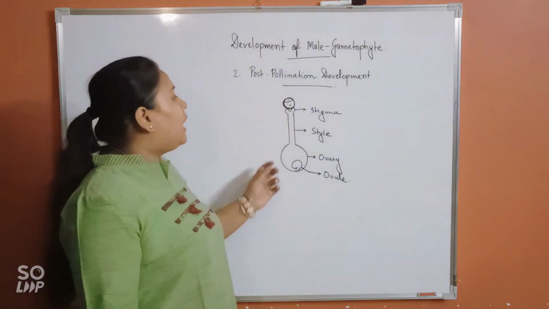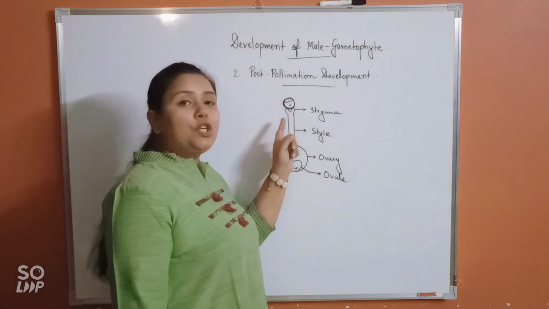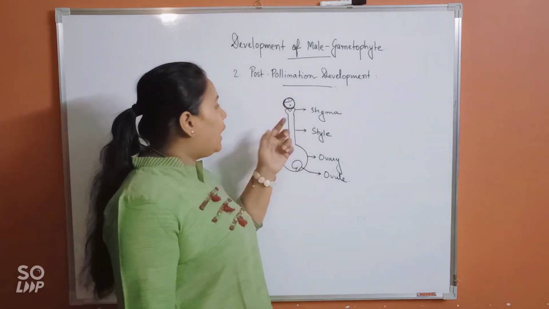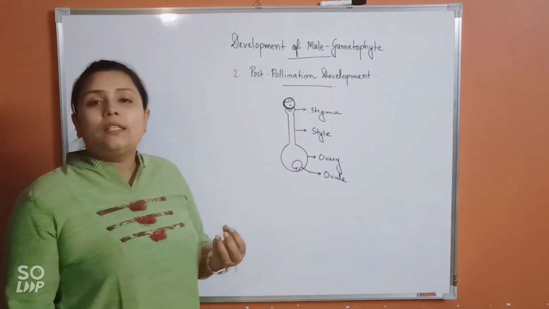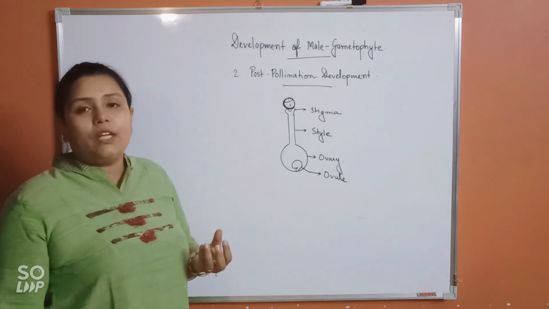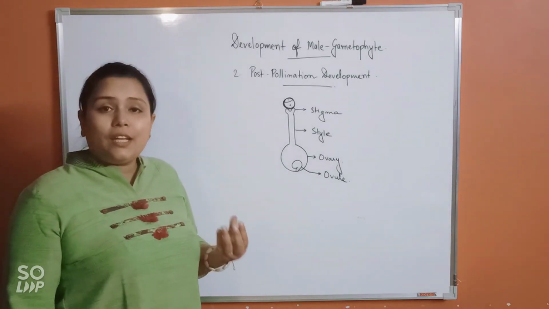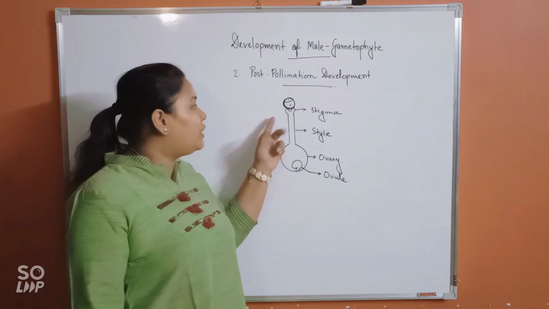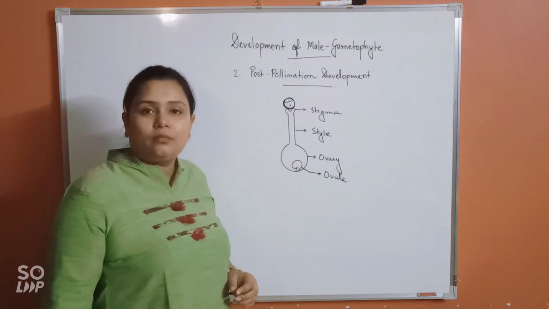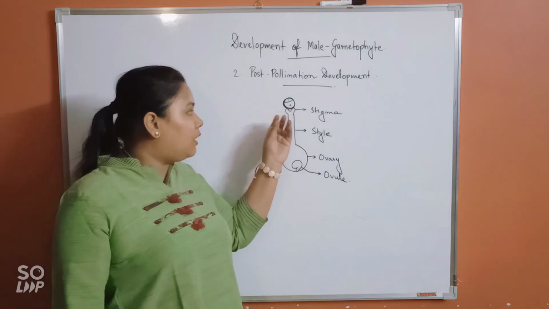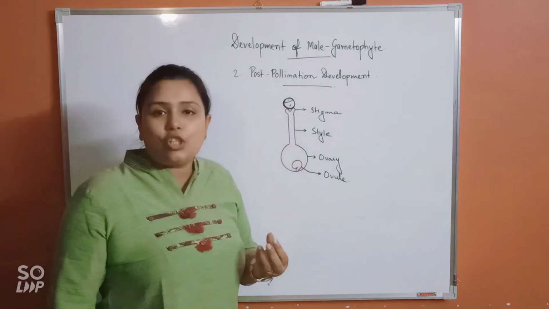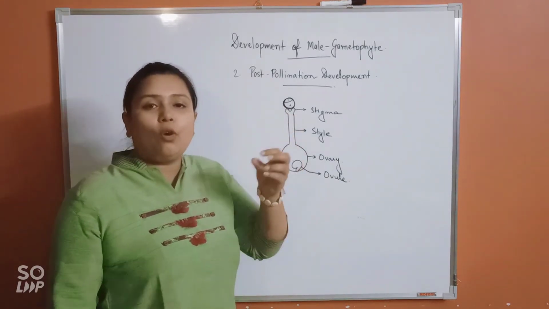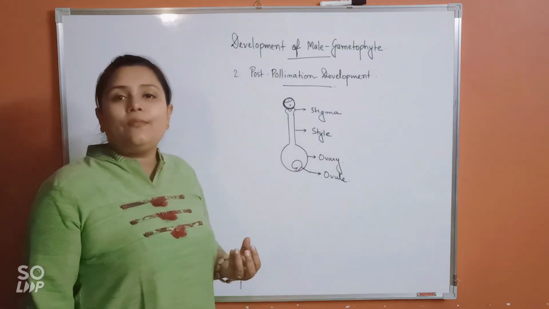So now, at first, with the help of the germ pore, the pollen grain will start absorbing certain kinds of nutrients or secretions that are present at the stigma. And by doing so, the vegetative cell will swell up. It will absorb certain nutrition from the stigma as soon as it falls on the stigma, and the vegetative cell will swell up.